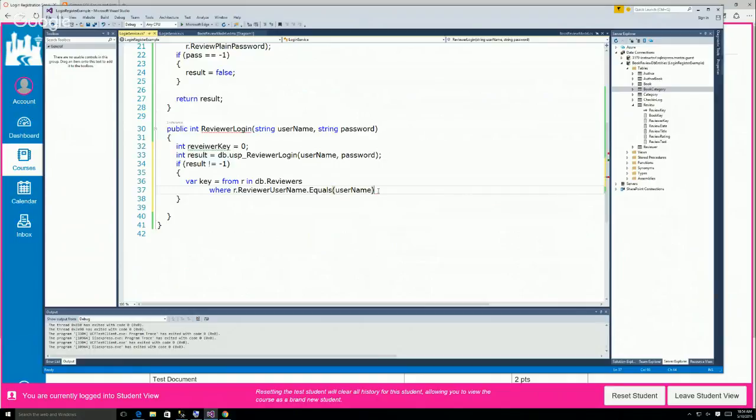All right, and then we're going to select new. Can we just do select? Select new r dot reviewer key. There are ways to do this without a loop, but I'd have to look them up. So I'm going to do